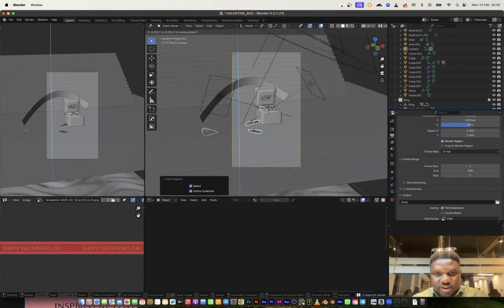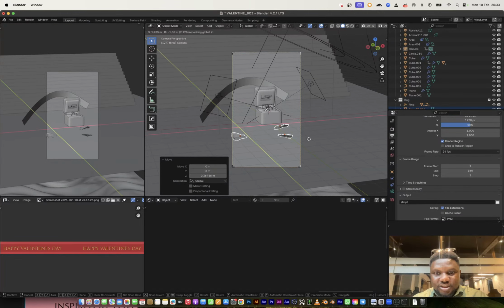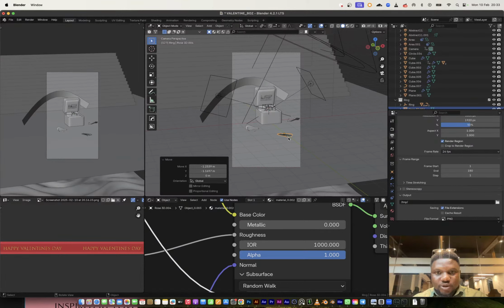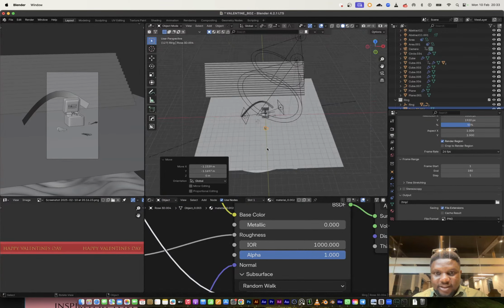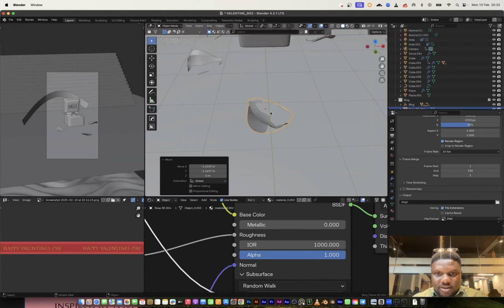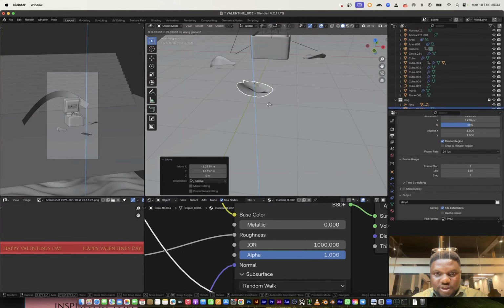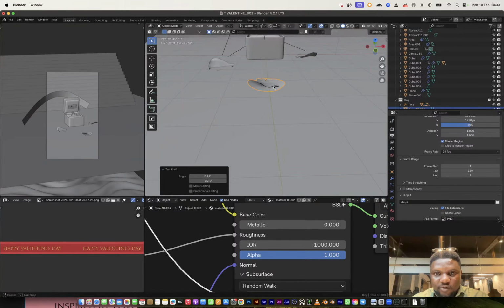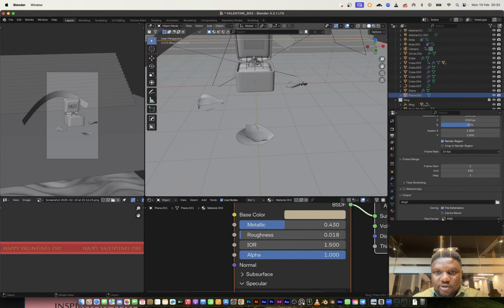So I can just G Z a little bit, just like so. I can G Shift Z, move this like this. G Shift Z, move this just like so. So we have this. I probably want to G Z and R X X, Y Y, Z Z. No. I just want to make it look like it's actually on the platform. No clipping and no funny shape that doesn't look like it's balanced.